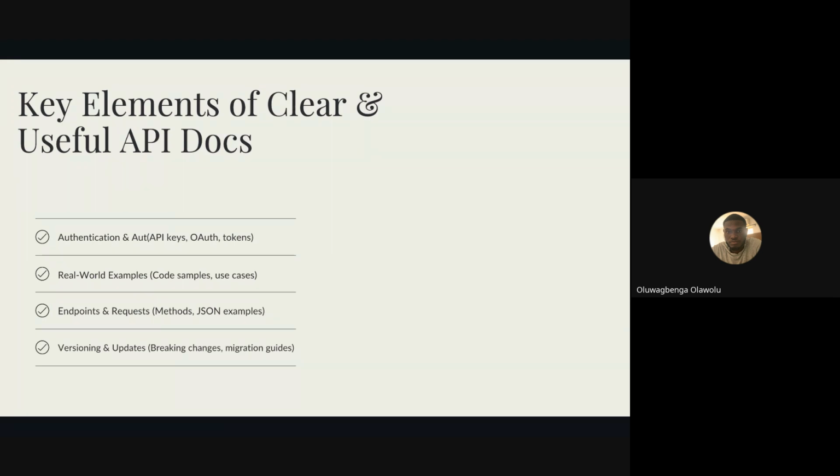I've consumed APIs where I had to use Postman to just see the response from the API first, because their documentation doesn't state what I'm supposed to get in terms of the response, and it doesn't state what kind of errors I'm going to get if I send in this kind of data. So it's like I'm writing code, but then I'm blind.